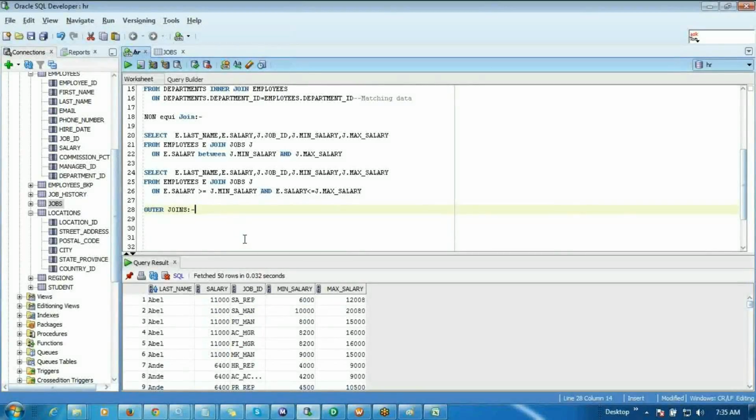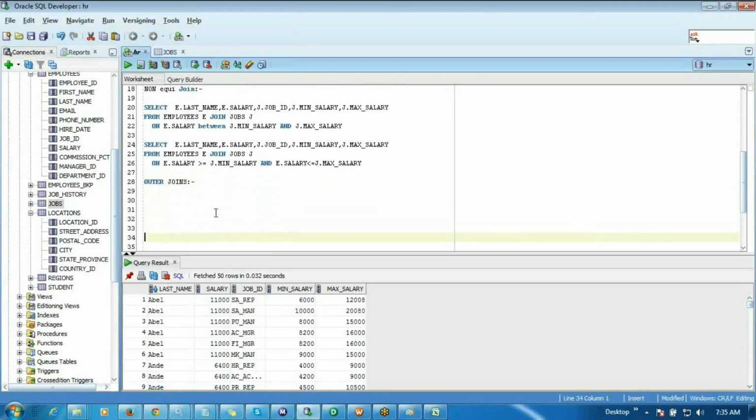Between the tables, matching as well as the unmatching data between the tables. So outer joins are of three types: left outer join and right outer join. Once you understand the details, then you can easily understand about